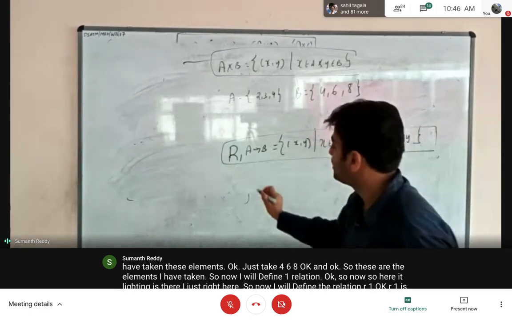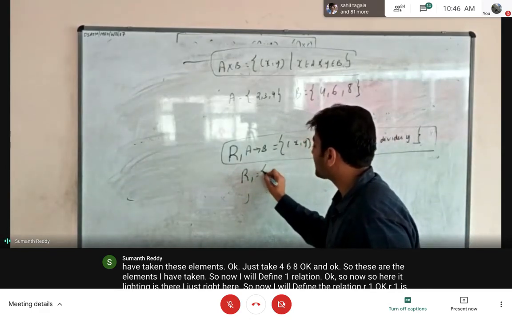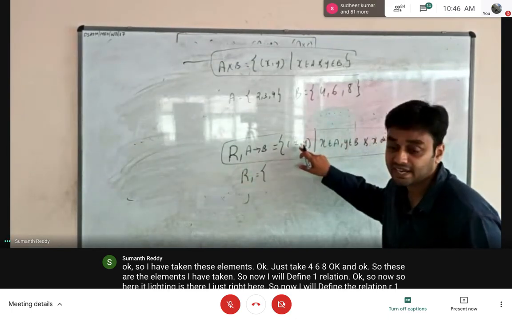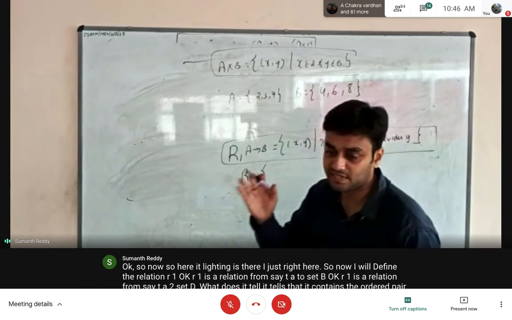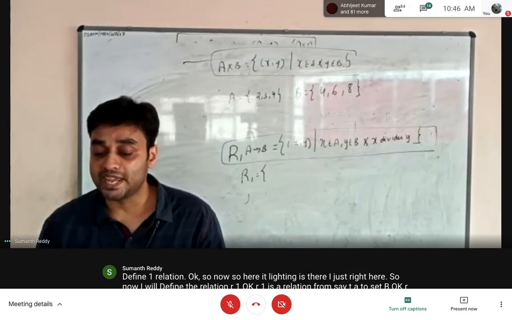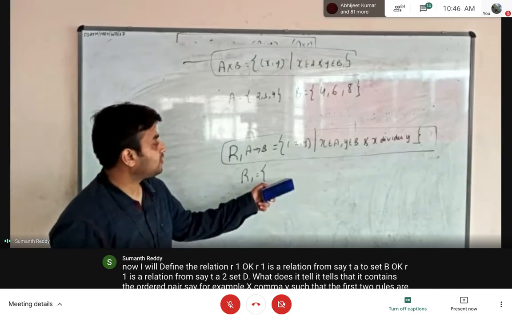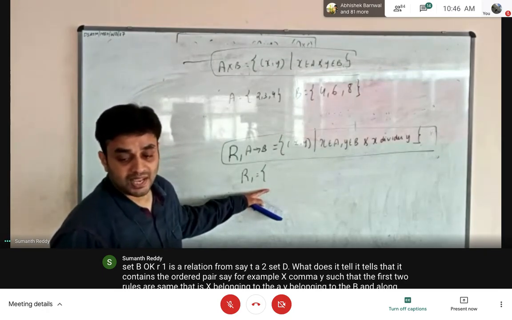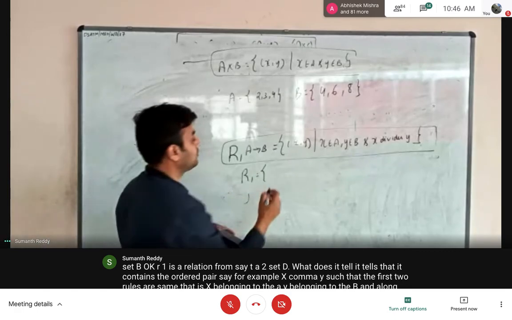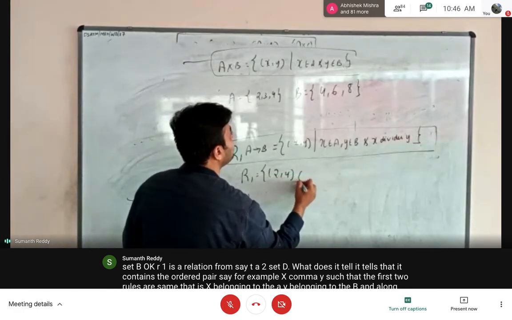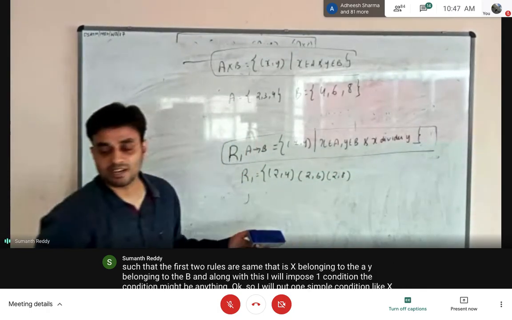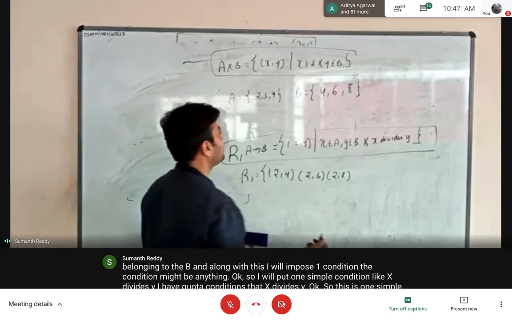Okay, so this is one simple example definition I have given for the relation. Based on this, can you tell me which are all the ordered pairs that R1 contains? The definition for R1 is that it contains the ordered pair x comma y such that x belongs to the first set, y belongs to the second set, and also the first element should divide the second element. Can I include 2 comma 4? Yes, because 2 divides 4. So 2 comma 4 is valid, very good. 2 comma 6, yes, it is valid. 2 comma 8, yes, it is valid because 2 is an even number and 6 and 8 are also even numbers. Definitely it will divide, no issues.